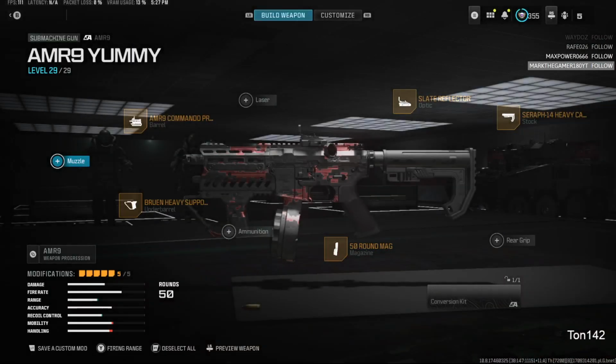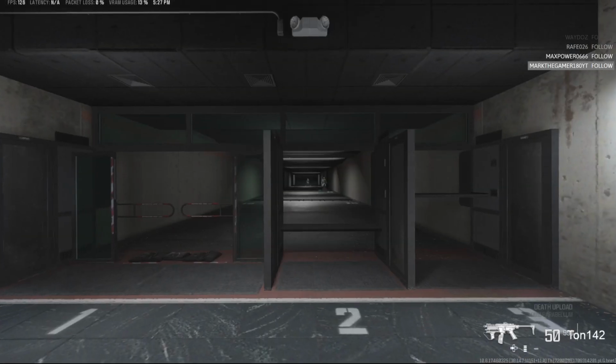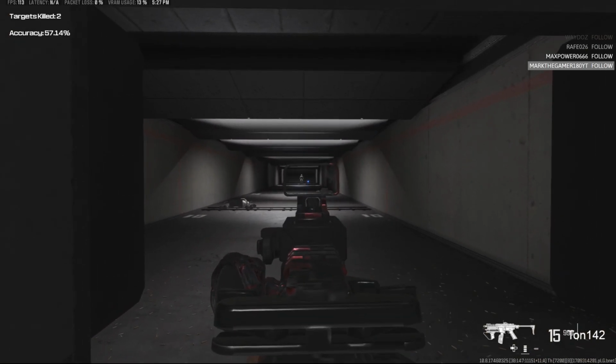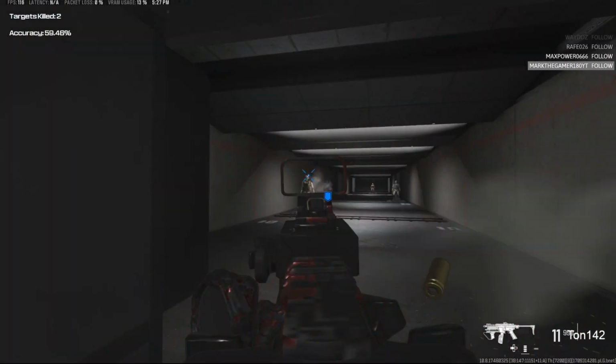Now, sometimes I do change my build. If I want more ADS, my build is the Pipeline Pro LTS stock. So you just switch it there. It will spray a little bit more, but your ADS is definitely faster. So if you are one of those guys who just wants to spam the zoom in,